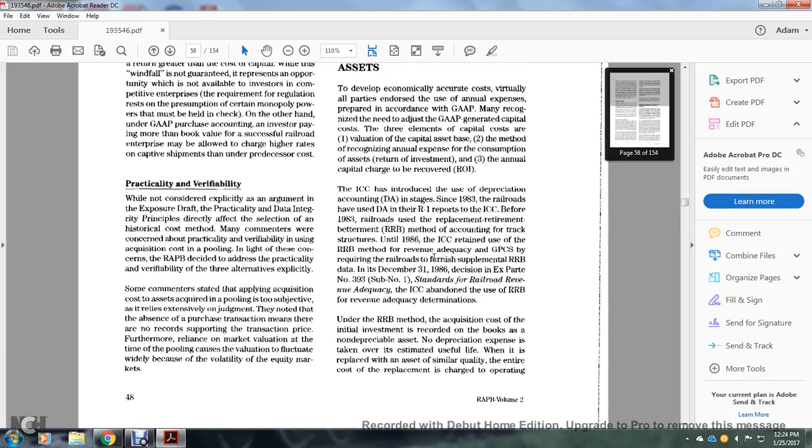The Interstate Commerce Commission has introduced depreciation accounting in stages. Railroads had used depreciation accounting in the R1 reports of the Interstate Commerce Commission before 1983. Railroads used the railroad retirement board method for accounting for the track structure until 1986. The Interstate Commerce Commission retained the use of the railroad retirement board method for reviewing revenue adequacy, by returning the railroads to furnishing supplementary railroad retirement